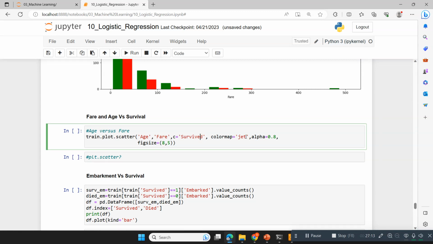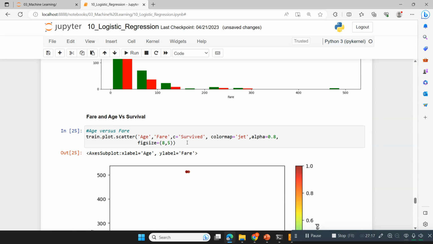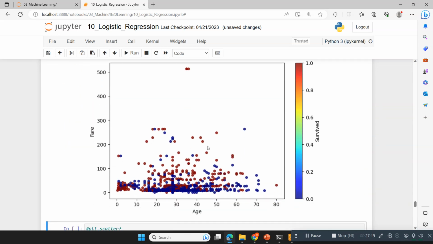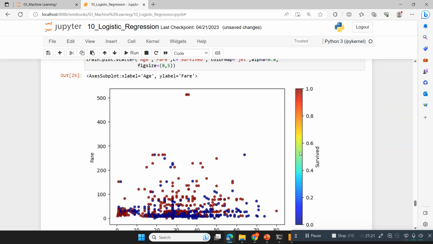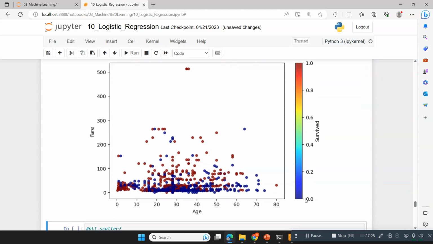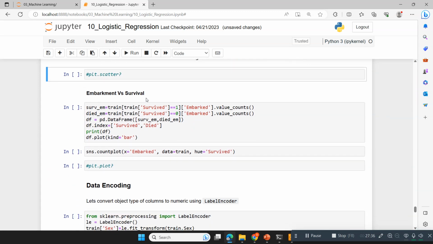Color map uses Z, alpha 0.8, figure size is 8,5. So this shows you the scatter plot, and you can have a color map here. Dark red color means survived, and dark blue color means dead, right? So you almost have equal number of survival and deaths here. And this is bivariate analysis,